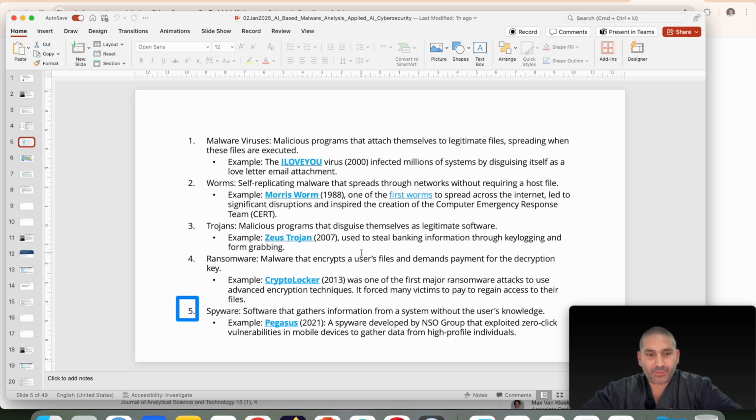So one example that I'm going to be showing you now is Pegasus. That was a spyware developed by NCO Group that exploited zero-click vulnerabilities in mobile devices to gather data from some high-profile individuals. Now let's look at these examples that I have. And again, I'm going to provide these slides, and all you have to do is just click on the link and it will take you to that,